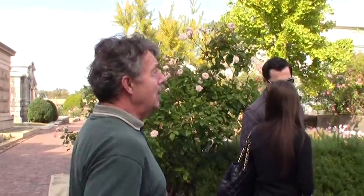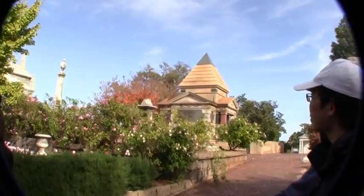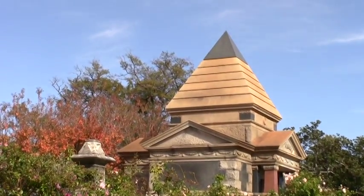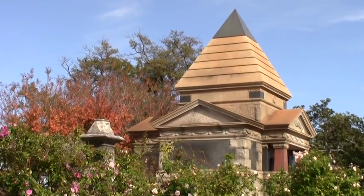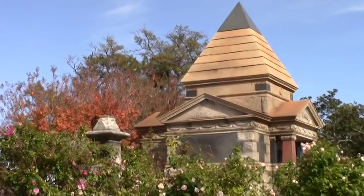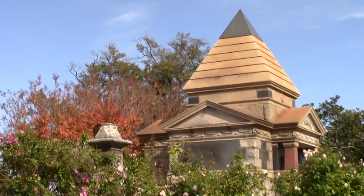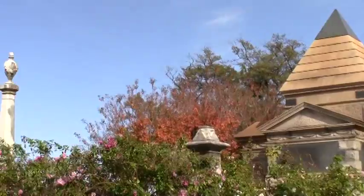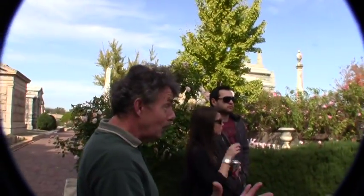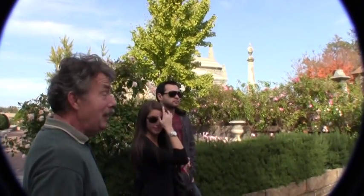The Grant Mausoleum is kind of eclectic, Romanesque, but it has the Egyptian look. Mausoleums are really around partly because of the discovery of all the tombs in Egypt. People got interested in burial chambers rather than just a grave. The trains allowed large pieces of granite and marble to be moved. It was very hard. The Egyptians did it way before trains, so I don't know how they did it, but